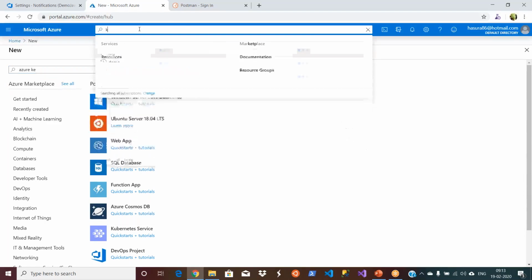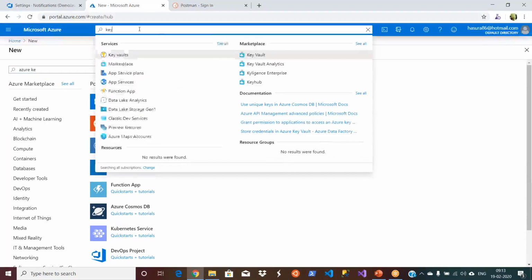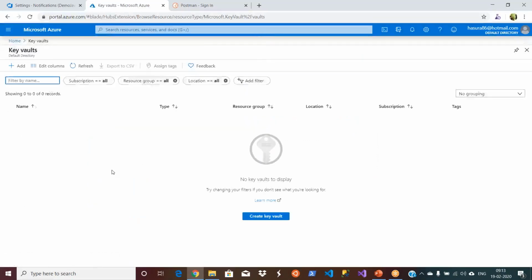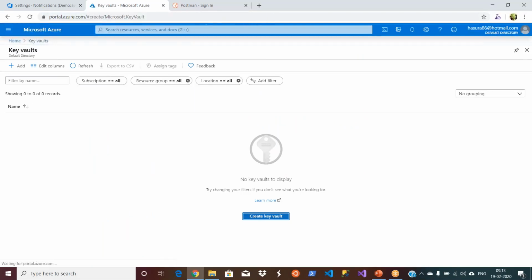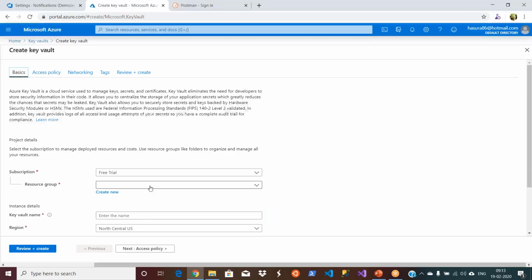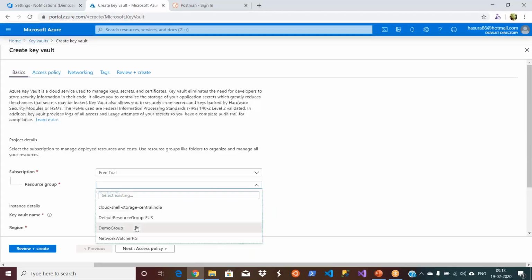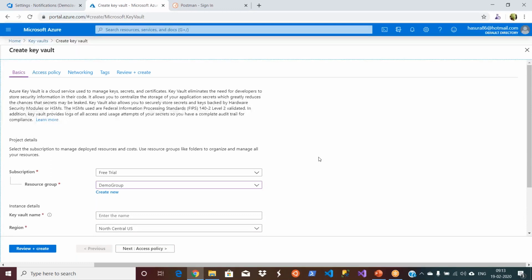Search for it. Key vaults. So what people do, they can go and create a key vault here. This is nothing but a repository of your secrets. Again, go and select the demo group and give it some name. Let us say demo app keys,